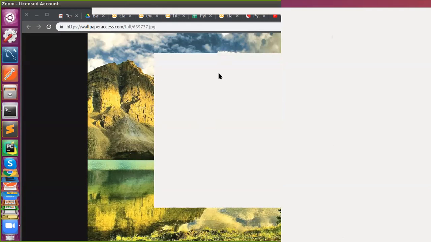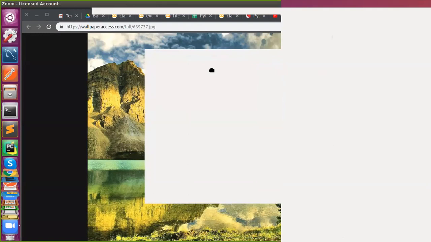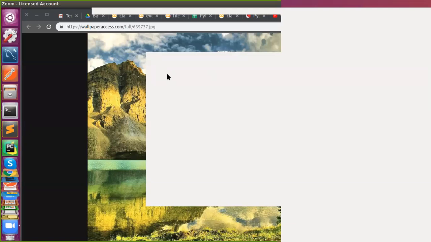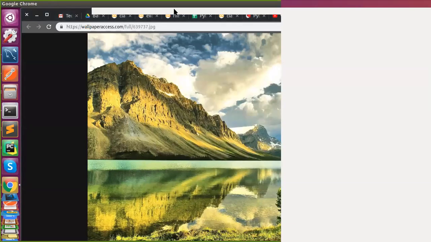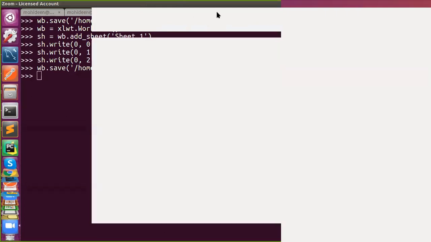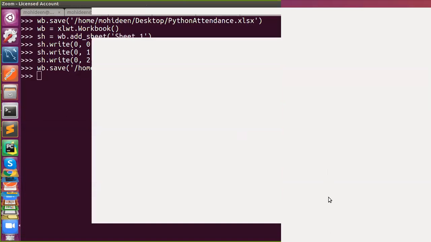We are unable to see that. Is it visible now?